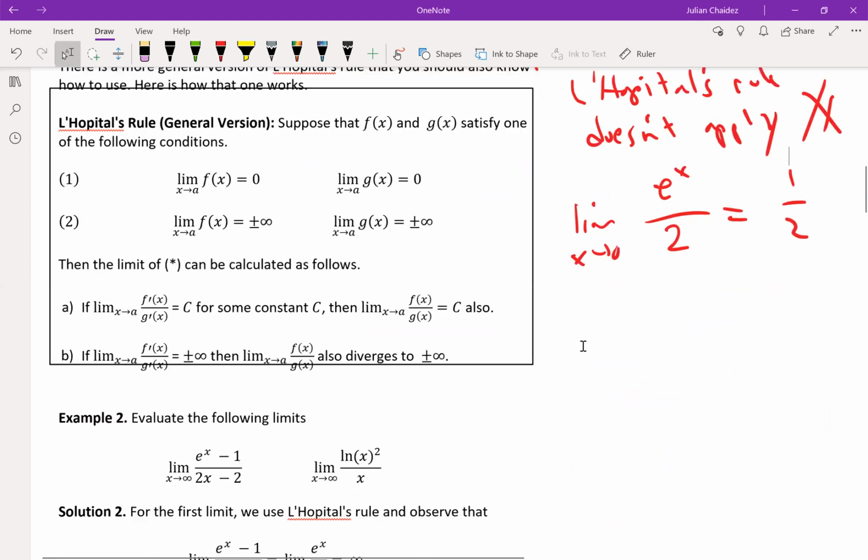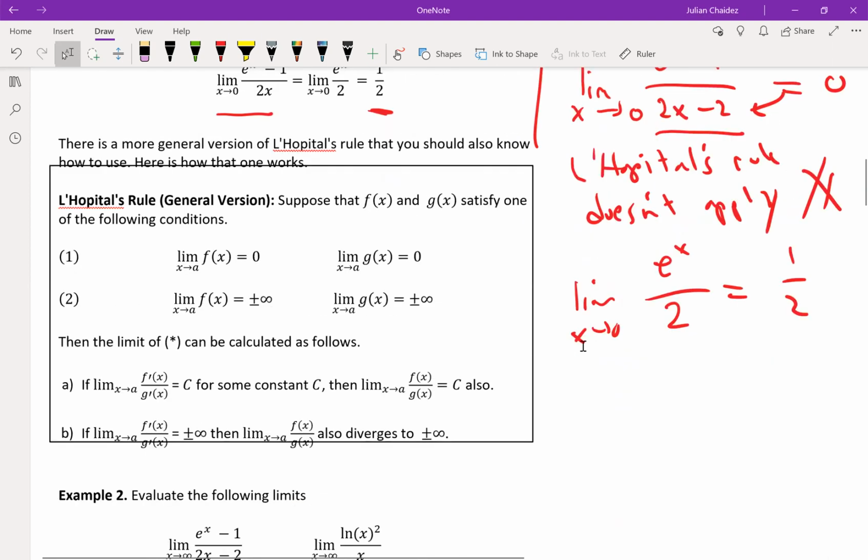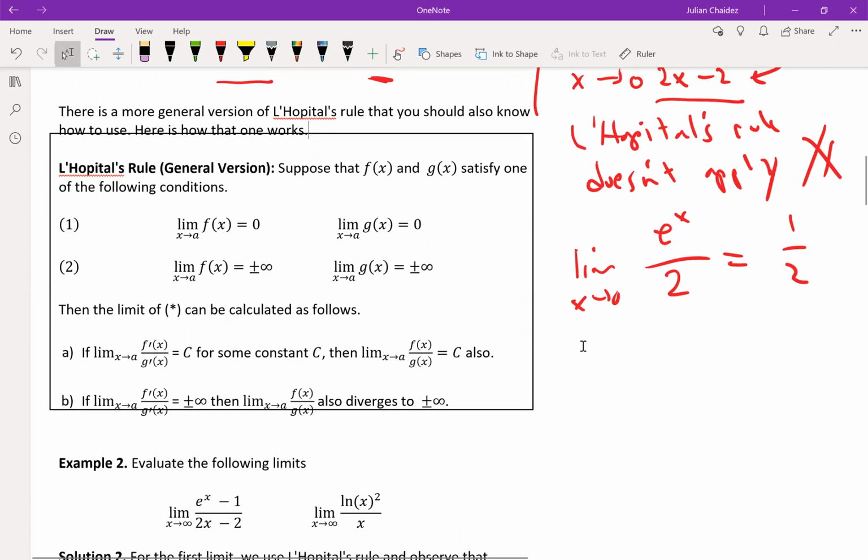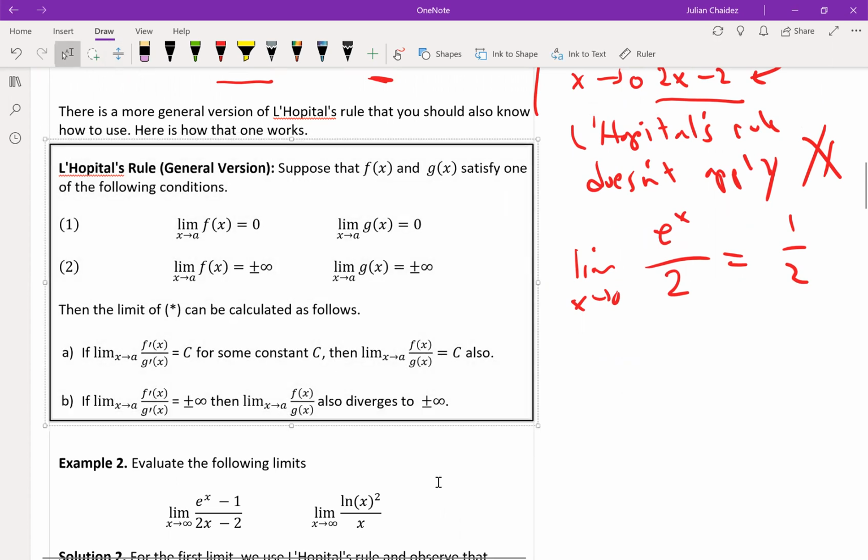Okay, so there's a more general version of L'Hopital's rule, which is what I was going into. We're at the part where we left off last time, at the 2 o'clock section. So, okay, there's a more general version of L'Hopital's rule. Let me adjust something really quick. Okay, so there is a more general version of L'Hopital's rule